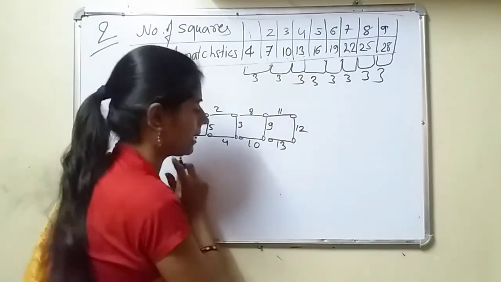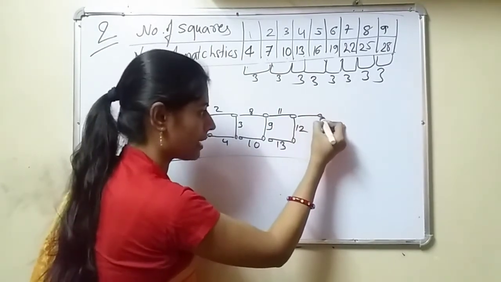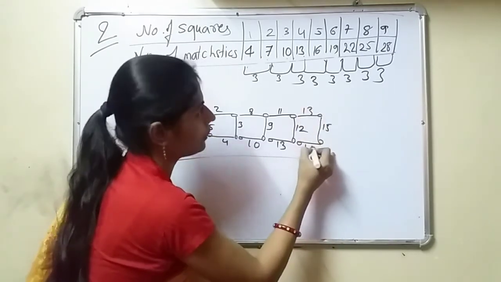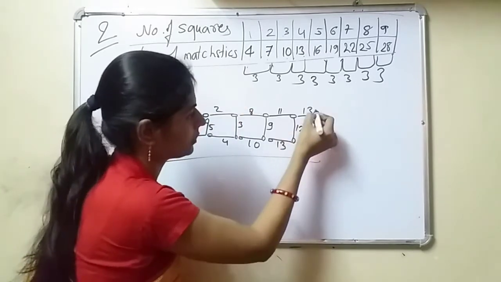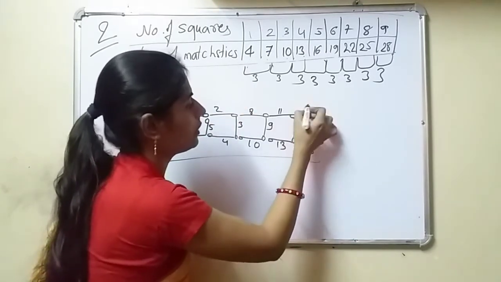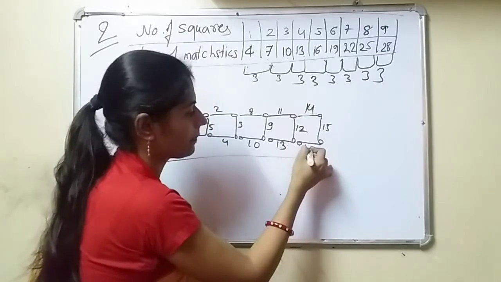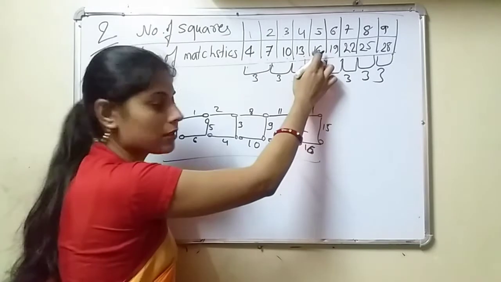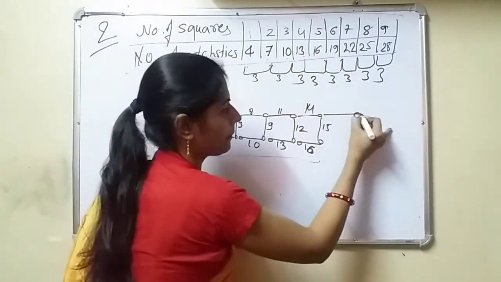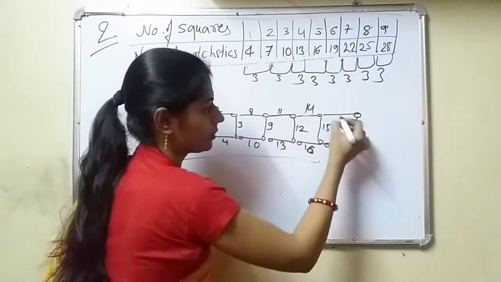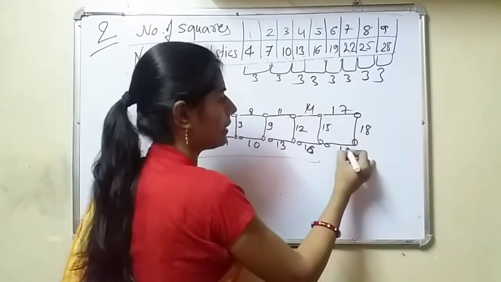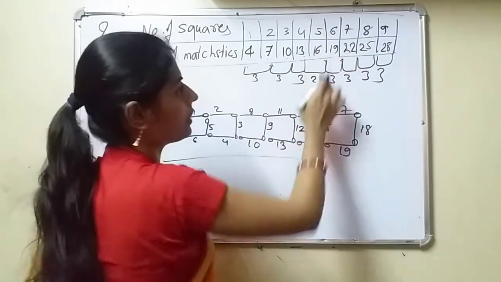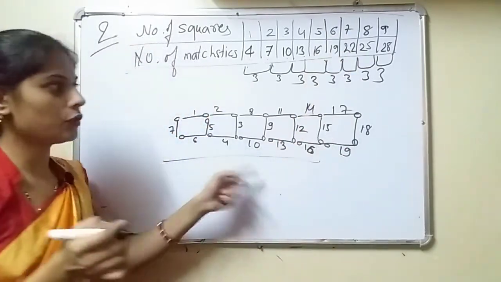And when you are solving by this method, by making the matchsticks again and again, 12, 13, 14, 15. 13 you got here, 14, 15 and 16. That is 1, 2, 3, 4, 5. In the fifth square how many matchsticks did you get here? 16. Now see, 17, 18, 19. Then in 6 squares, how many matchsticks did you get here? 19. Okay, like this also you can solve it.